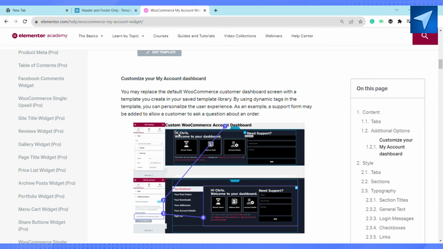You can personalize the user experience. As an example, a support form may be added to allow a customer to ask a question about an order. So all you have to do is in your saved template library, create a new template from the content region and publish it. Activate the feature using the toggle button and choose the desired template by clicking on the field